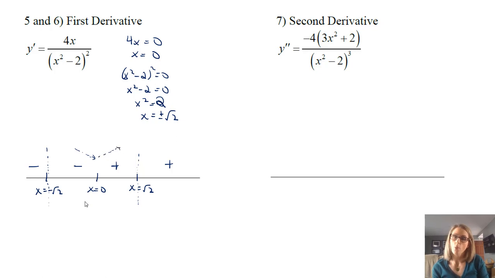And so this should be a local min right here. And we can put this back in. So if you put 0 back into the original function, you already know that you're going to have 2. So y equals 2. And so you're going to have 0, 2. And so besides being a y-intercept, that's going to be a local min. So that does tell us stuff. So we know stuff already. Now the last thing we would need would be any changes in concavity.